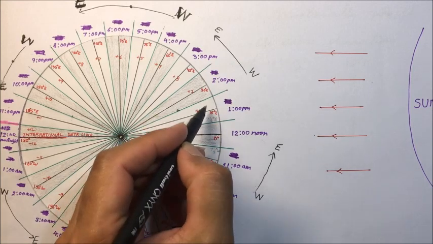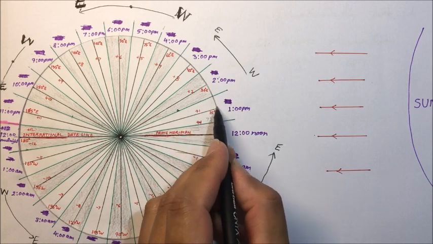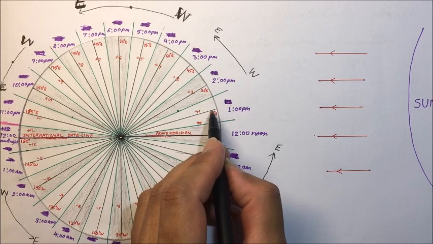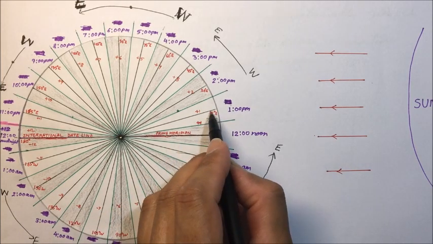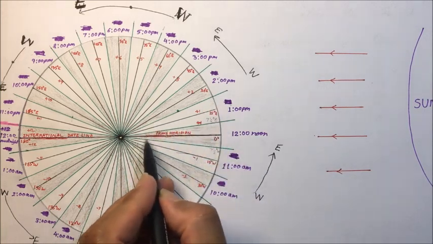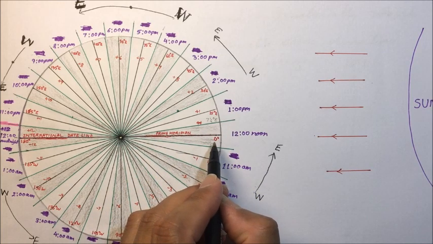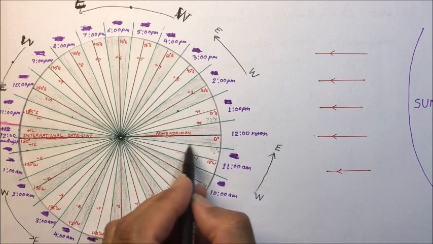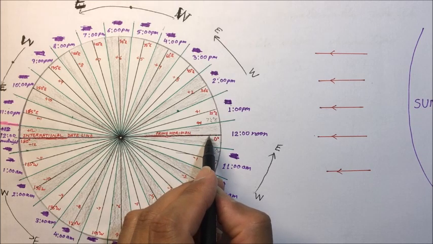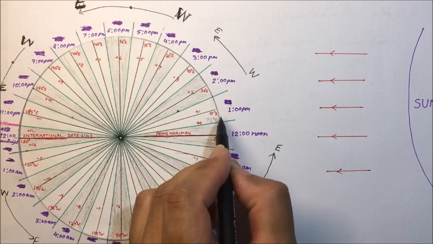For example, the next zone is this one, 15 degree. In this zone, anywhere you are, the time followed will be the local time at 15 degree. So the local time at 15 degree will be followed by every place within this zone. So this is one time zone. At every place in this zone, the same time will be there. So the local time at the prime meridian has become the standard time. Similarly for this zone, this will become the standard time for this zone.